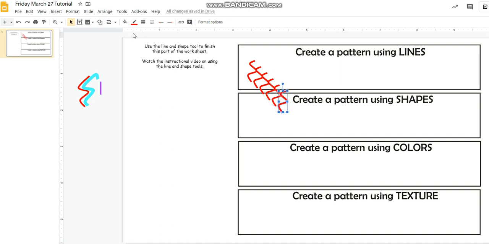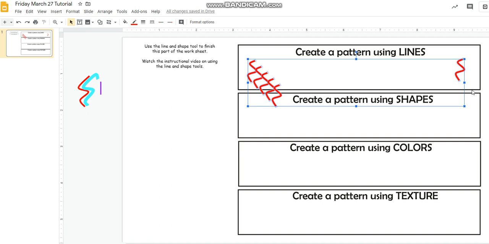Let's do 6. Now, I'm going to arrange these so we're going to make a pattern with these lines. I'm just going to put this last one up over here, and my arrow tool is highlighted. I'm going to drag this so that it's covering all of